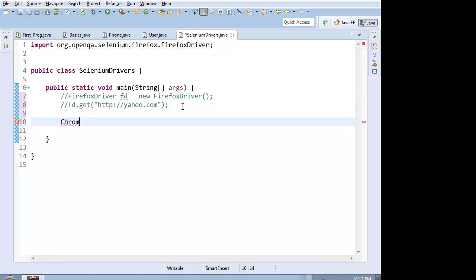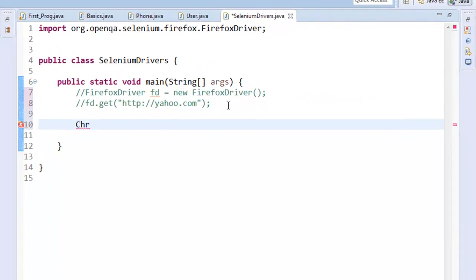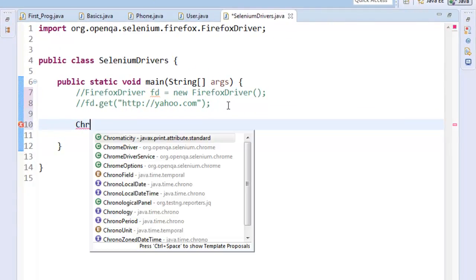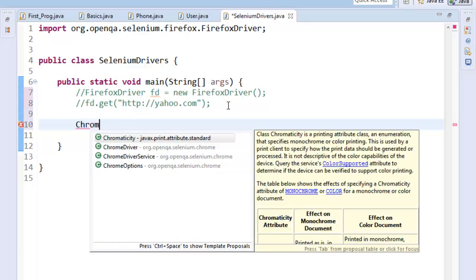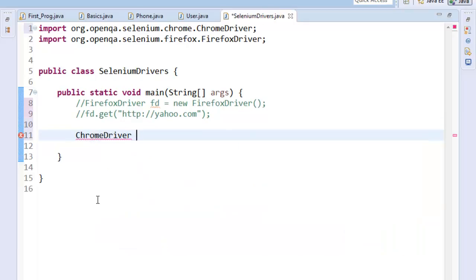Look, in Eclipse there's a shortcut. If you just write CHR and hit Control plus space bar on the keyboard, you will have the names of all the classes starting with CHR. If you keep on typing, it will keep on filtering and you can select it. You don't need to type everything. If you create the object of Chrome driver